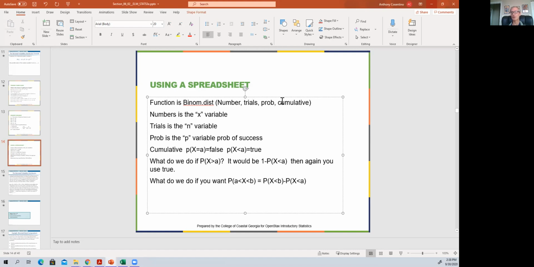If you type in true, it gives you less than that number. And it actually gives you less than or equal to that number. And so the idea of less than and equal to is an important concept when it's discrete. It's not very important when we get to the continuous, and you'll see the difference between the two when we get there. So if we go back to the whiteboard here,